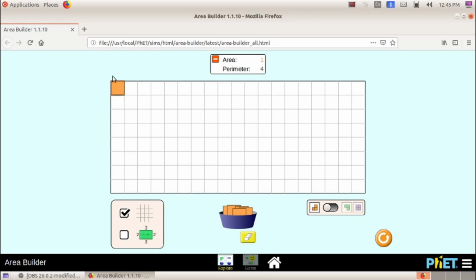Yes. To know it clearly, you have to do one thing. At the bottom, can you see a green button here? So you just tick this checkbox. Now you can see the measurements of the sides. How many centimeter each side? Here it is shown 1 centimeter. So a single grid having 4 sides and each side is having 1 centimeter.